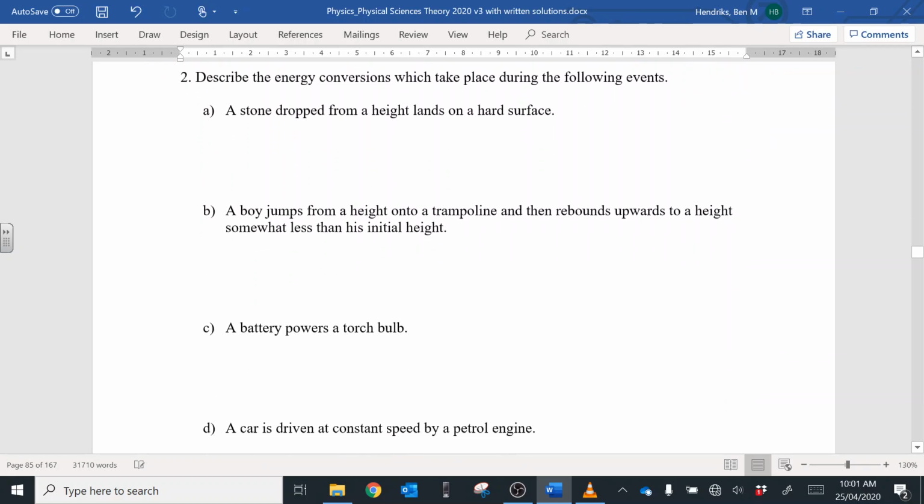Describe the energy conversions which take place during the following events. Let's have a stone. Let's draw a little diagram. I have a stone here, which is dropped from some sort of height, and then it falls towards the ground.